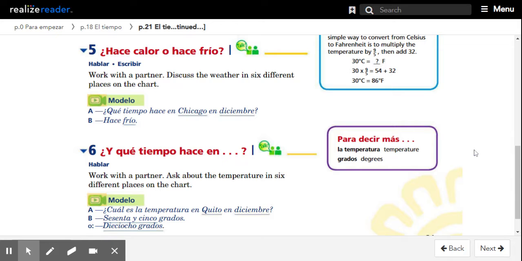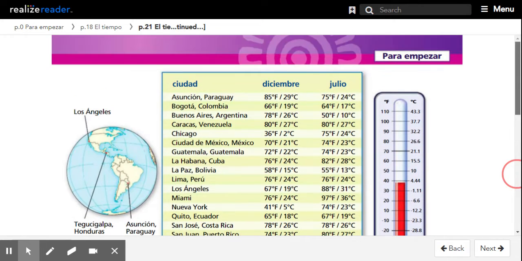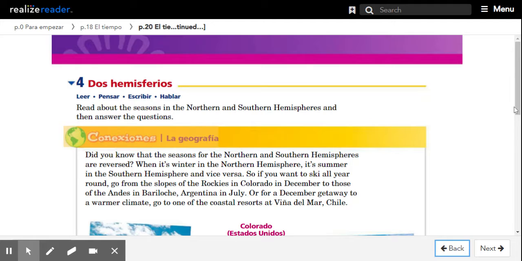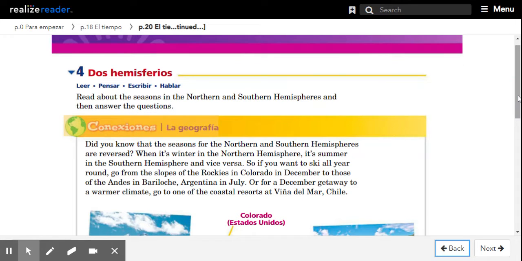Another interesting note about the hemispheres being opposite in seasons is that they also have what's called in science the Coriolis effect. If water circles the drain in the northern hemisphere, it generally goes in a clockwise direction. In the southern hemisphere, it's going to go in a counterclockwise direction. And on the equator, the water is going to circle more straight down. Let's watch a video on